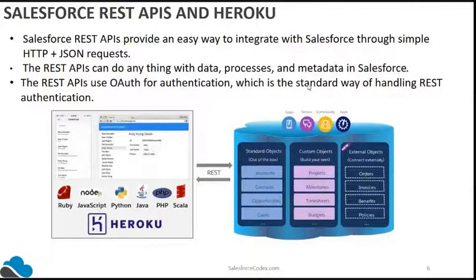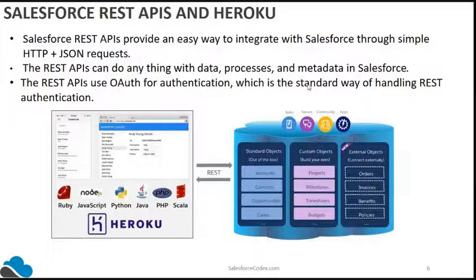Or when I create a record in Salesforce, I want to update a record in Heroku app and after that do certain steps, which is not possible with other Connect options. For that scenario, we should go with the Salesforce REST API integration. REST API uses OAuth for authentication, which is a standard way of handling REST authentication.